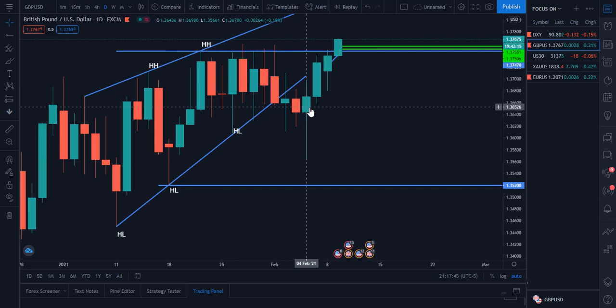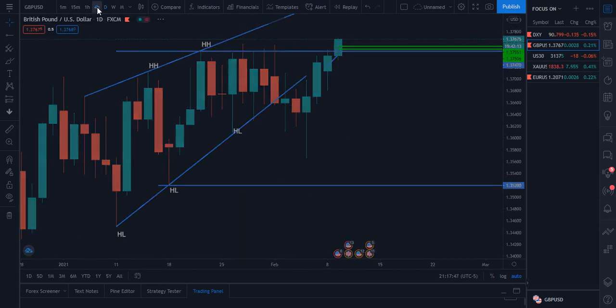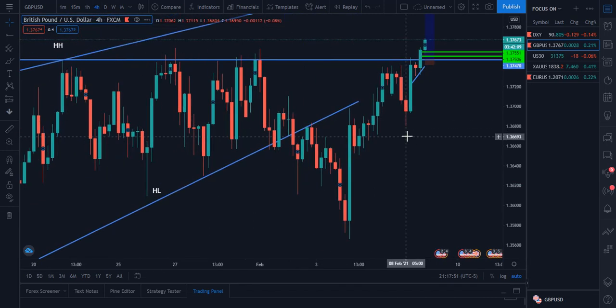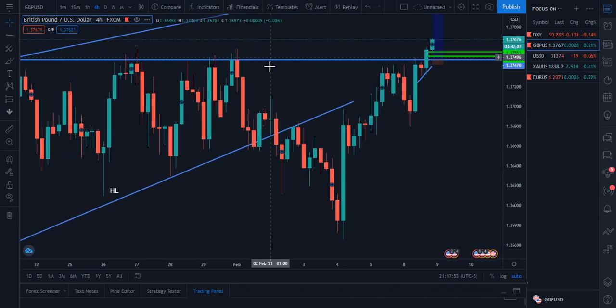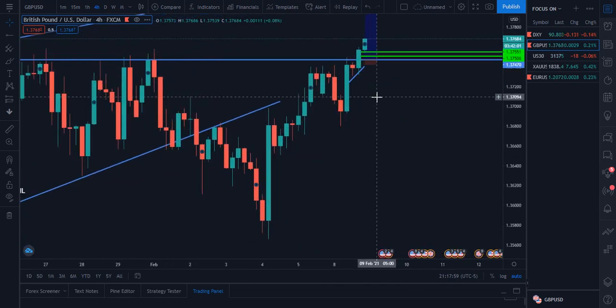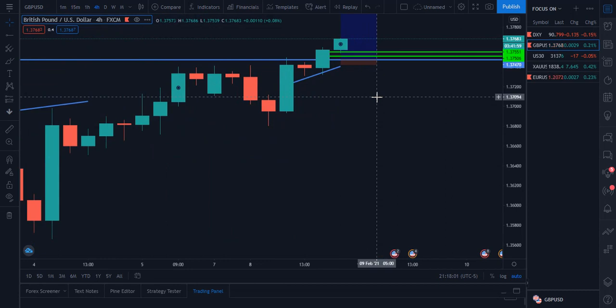So now I'm going to the 4 hour, and as you can see, this is the high level that has been strong for the longest time, and right now it just broke through it. And I just took a trade already. I just took trades, which I'm going to post on my